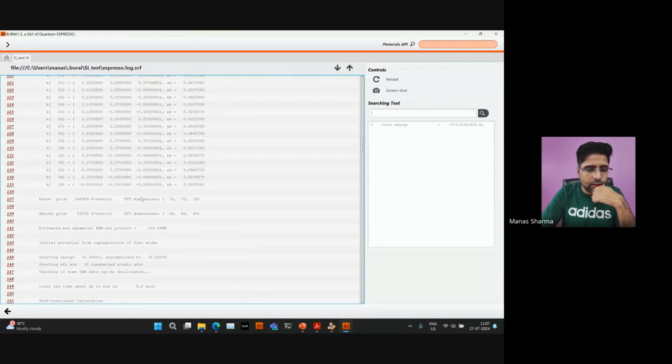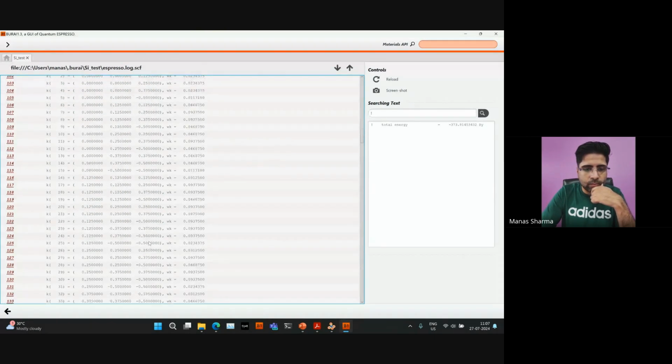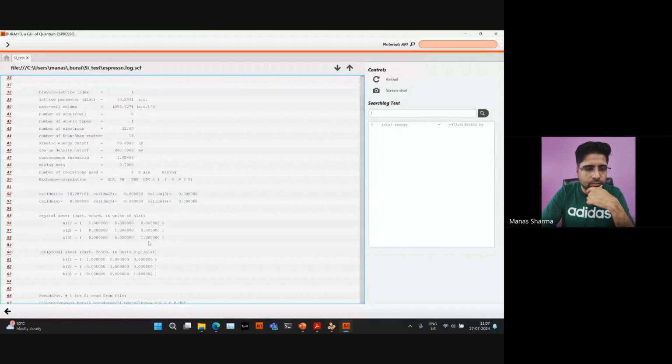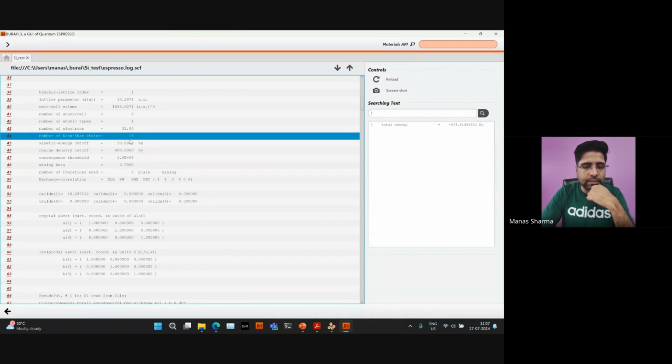Let's see. You can see how they created the initial potential. And yeah, that is mainly it. Okay, so here it shows that the number of quantum states is 16. So the same thing that I also mentioned earlier. So we have 16 explicitly treated electrons, while the remaining electrons are just considered the core electrons. Those are also 16 or